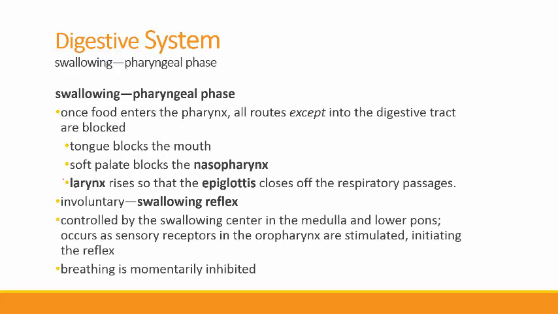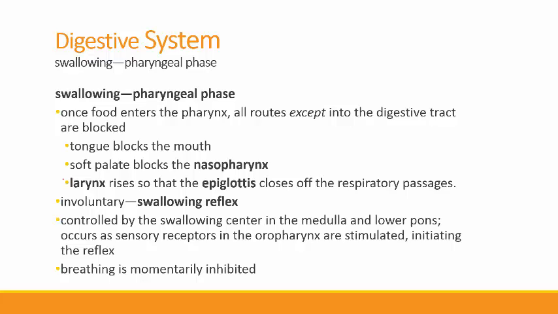The next phase is the pharyngeal phase. So we push food into the pharynx, and that's when reflex action takes over. So once food gets forced into the pharynx, then every route out of the pharynx gets blocked, except for the route down in toward the esophagus. So the tongue blocks off the mouth. The soft palate rises, and as it rises, the